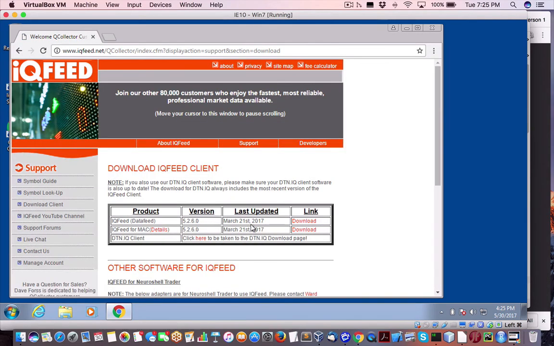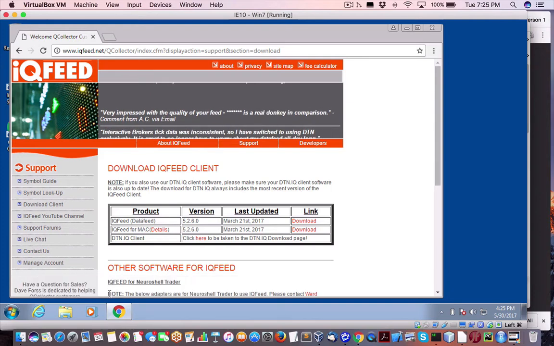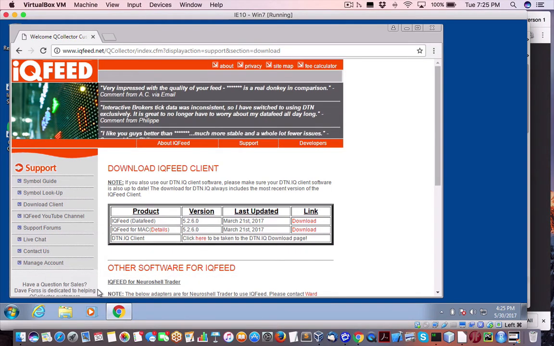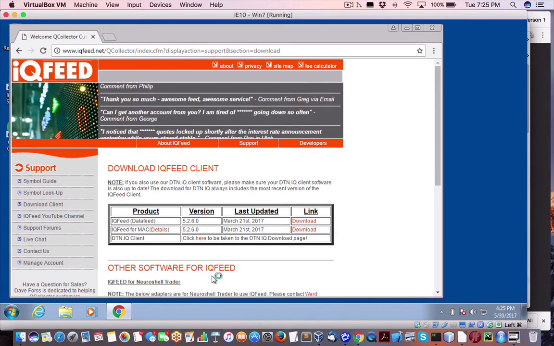Okay, so we want Windows. Soft shows. So obviously you need a valid IQFeed account. See if it installs. Now the other thing is, if you're wanting to do the API stuff, sometimes you may